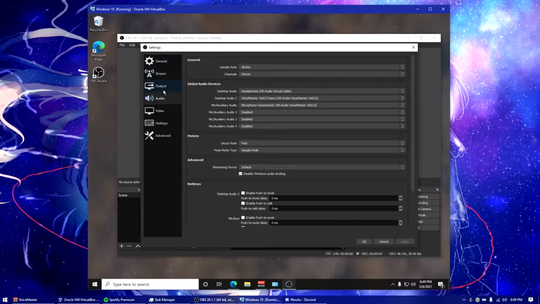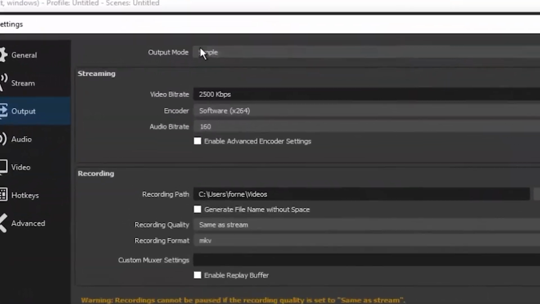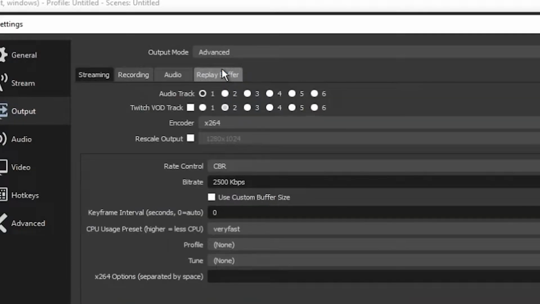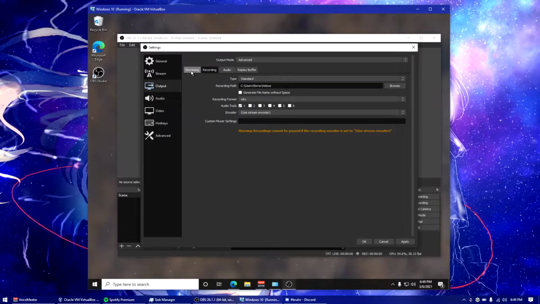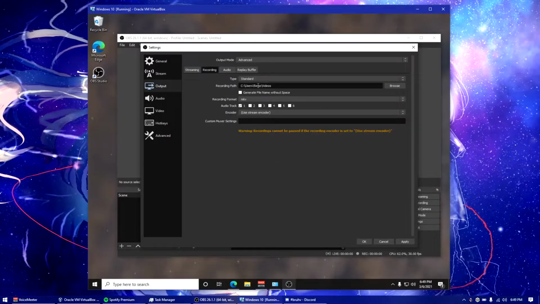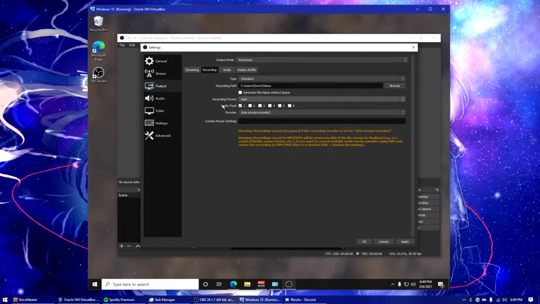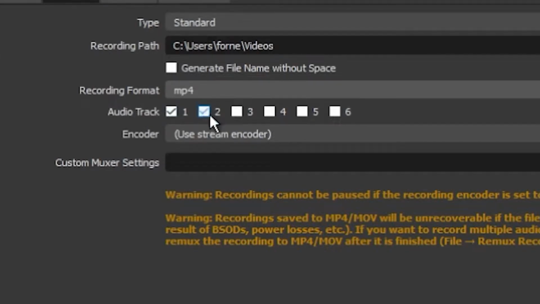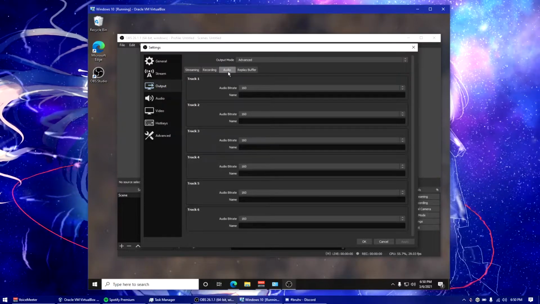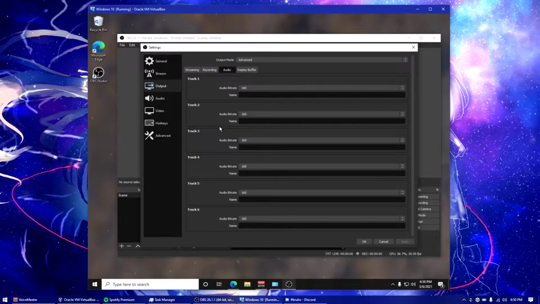And then what we would do next is we would go to output. And please, for the love of God, if you're going to do this, please set your output mode to advanced. And we would head over to recording, because streaming doesn't support multiple audio tracks, only recording does. And it's best to do this with MP4. And then you see how it says audio track down here. We're going to select 2 and 3 because 1 is already selected. We can hit apply again,